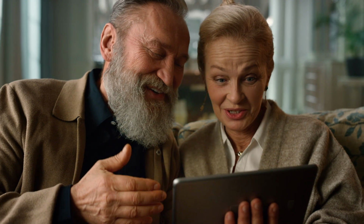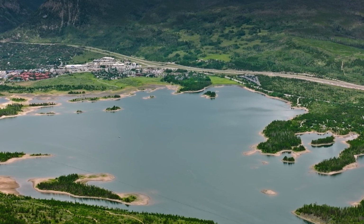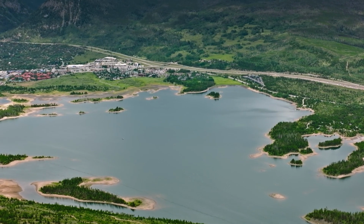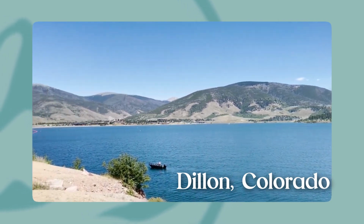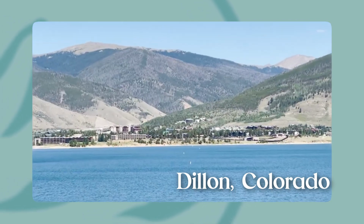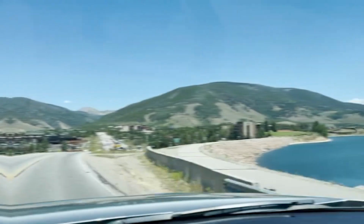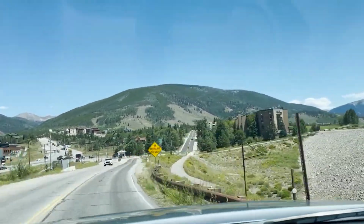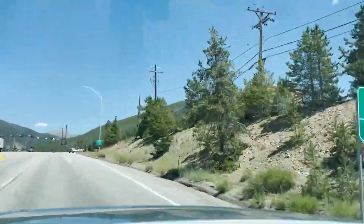Are you thinking of moving to Breckenridge or the surrounding area? Well, today we're going to focus on the town of Dillon, Colorado, which is right off of I-70 before you get to the Frisco exit to get to Breckenridge. So we're going to do a little driving tour around the community just so you get a sense of what